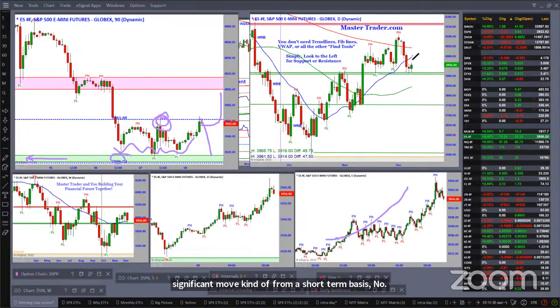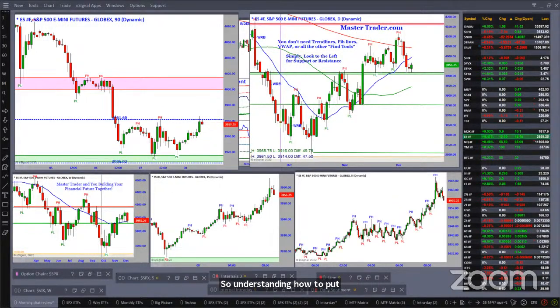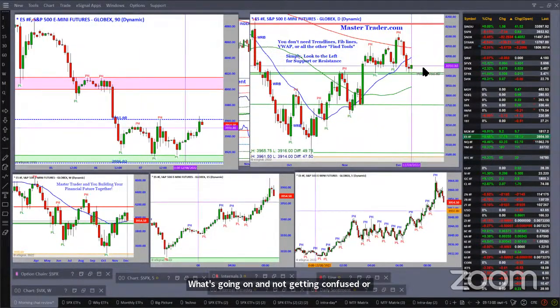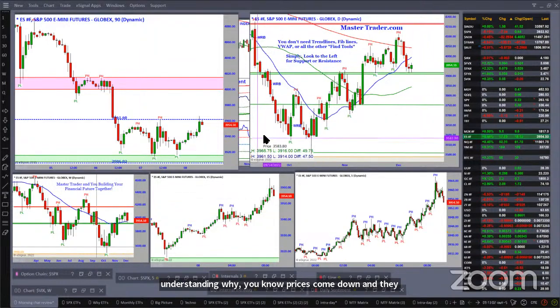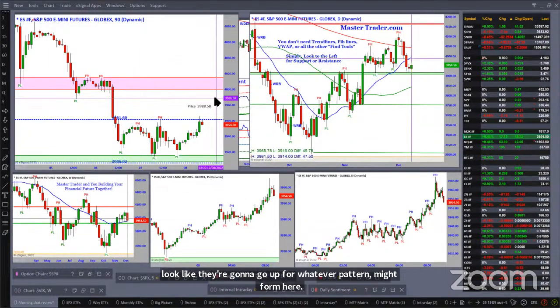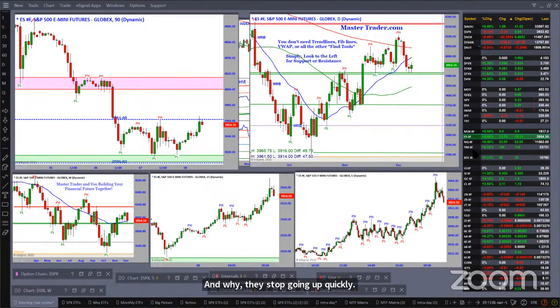No, you got the 20 MA there, but it is rising. So understanding how to put together multiple time frames for an active investor or trader is a very key concept. Understanding what's going on and not getting confused, or understanding why prices come down and they look like they're going to go up for whatever pattern might form here, and why they stop going up quickly. So anyway,